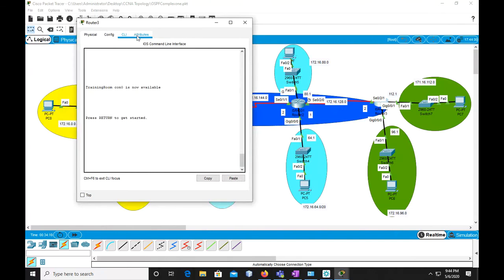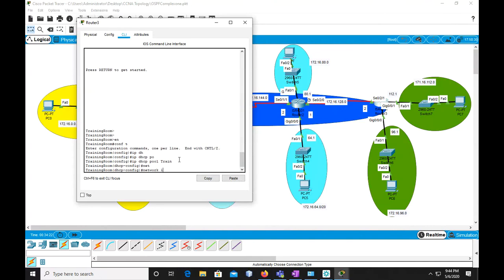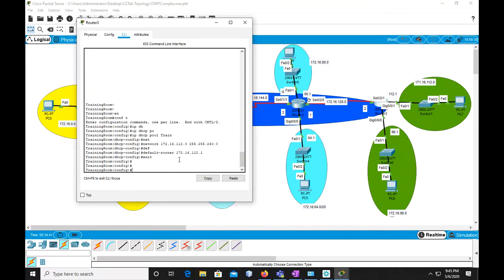That's it. And the last router that we have to get the IP, enable, config terminal. So IP DHCP pool, it is training, so TRA. Network 172.16.112.0 with the subnet mask 255.255.240.0, and default router, right? So default router is 172.16.112.1. Exit, and then